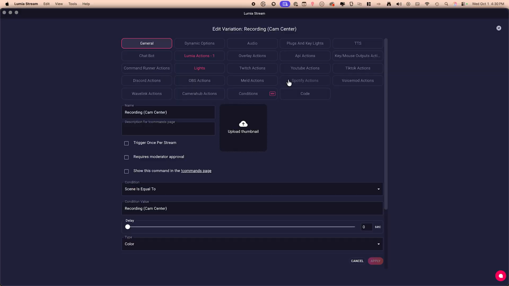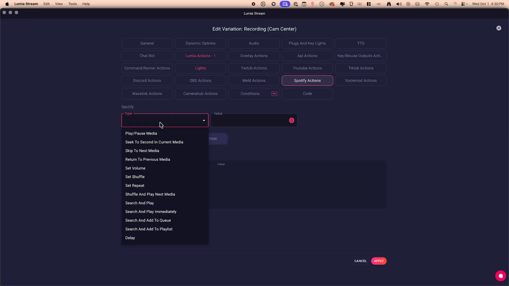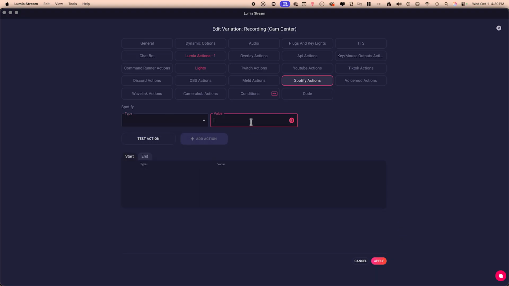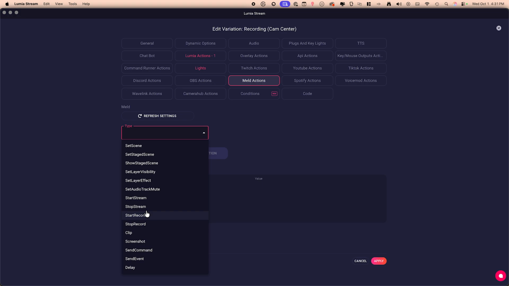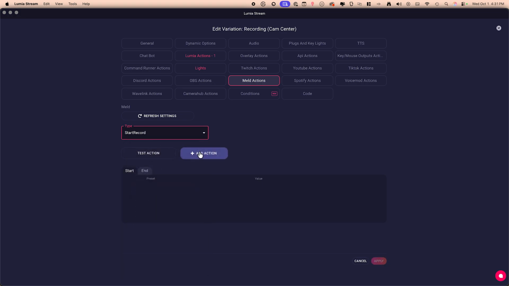So a few other things that you might want to consider when setting something like this up is maybe you want your music to be paused, or you want to record only in a specific scene. Well, you can do that. You can go to Spotify Actions and you can pause that media, you can skip, you can do any of these things. If you wanted to only record in this scene, you would go ahead and hit start recording and